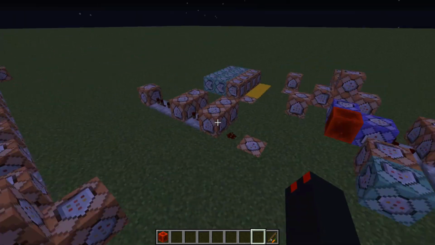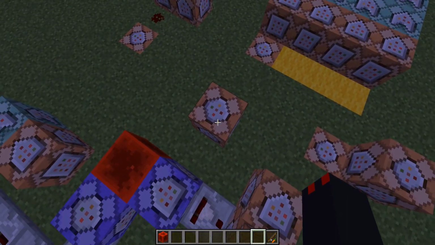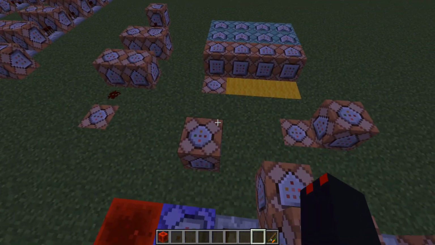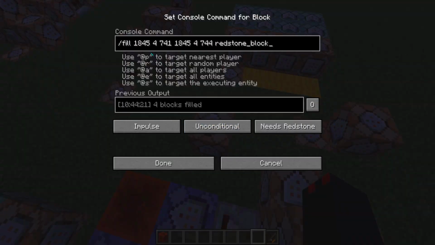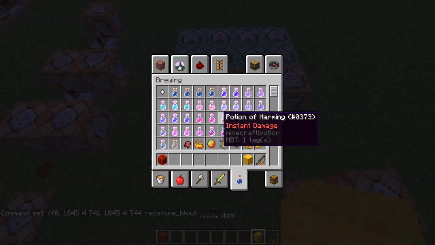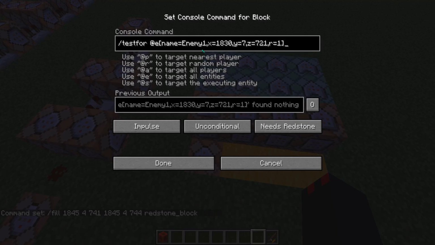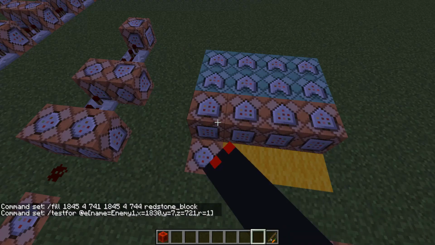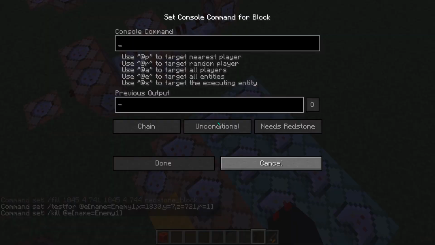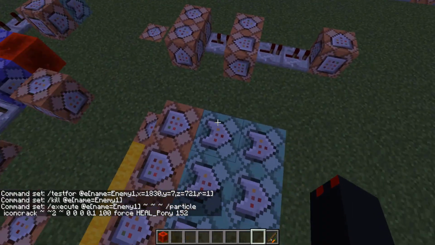And then over here, there's another mechanic. What's this redstone block doing here now? This one adds a comparator right here when an enemy is in a hittable range. So once that's there, this will do a fill command over here with yellow wool, and it will do test for all entities, name equals enemy 1 right in front of the player. If that happens to be true, it will do a command, which is the icon crack, and it's force, and